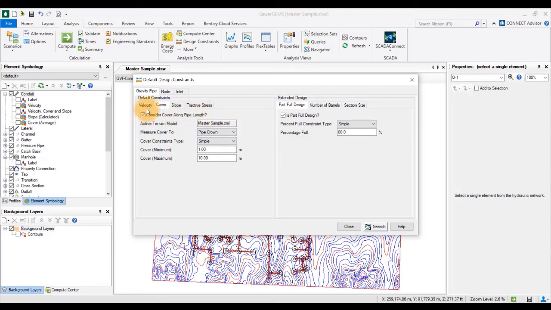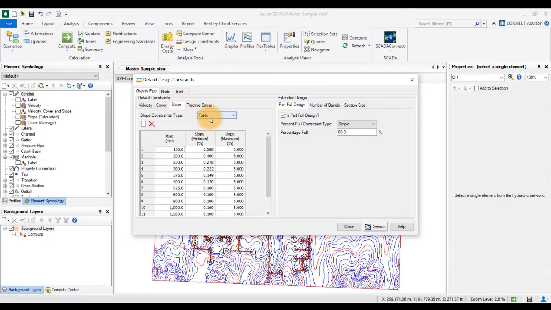So if you check this, it will reference the active terrain model that you have attached, and it will also see the cover for intermediate points between the manholes. So it will not only measure the cover at the manhole locations, but in between, if there is a rise or dip, it will consider that as well.